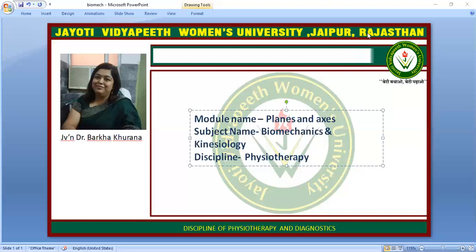Next is kinematic chains. There are 2 kinematic chains. One is the open kinematic chain and the second is the closed kinematic chain. The open kinematic chain is the chain where the distal segment of the chain moves in space. Example, reaching the hand to the mouth. And in the closed kinematic chain, the distal segment is fixed while the proximal segment moves, like in push-ups. And when a person is climbing the stairs or walking, there is alternation of open kinematic and closed kinematic chain, because one leg goes into open kinematic chain and similarly it goes into closed kinematic chain also.